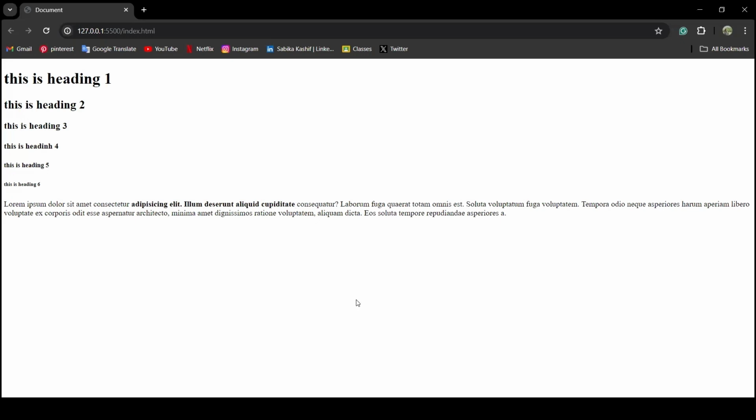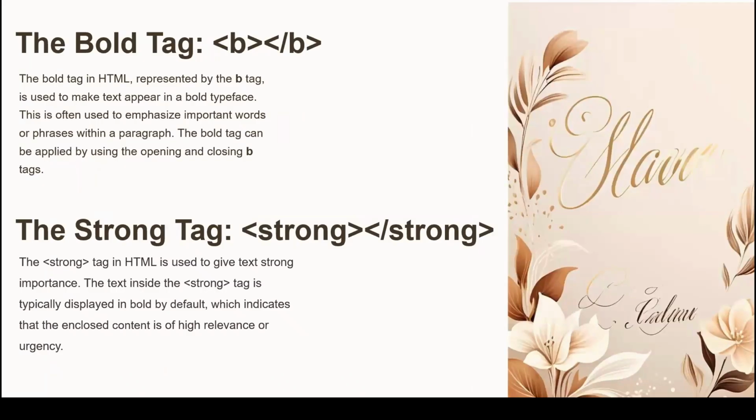The strong tag. The strong tag serves the same purpose in HTML as the bold tag. It is used to give text strong importance. The text inside the strong tag is typically displayed in bold by default, which indicates that the enclosed content is of high relevance or urgency. This is due to the semantic